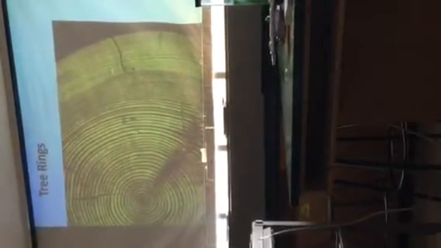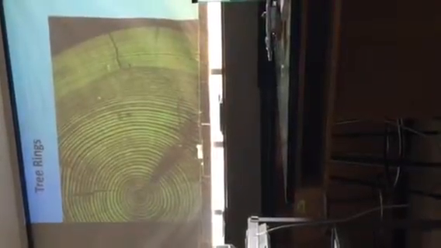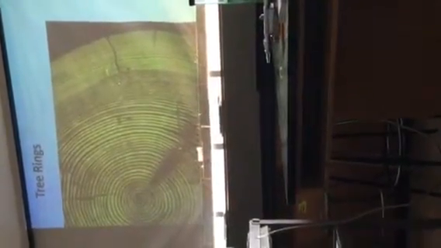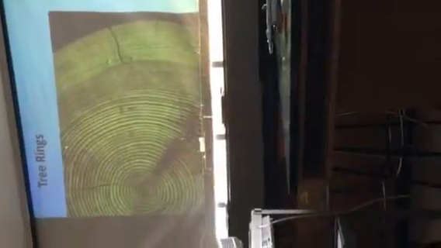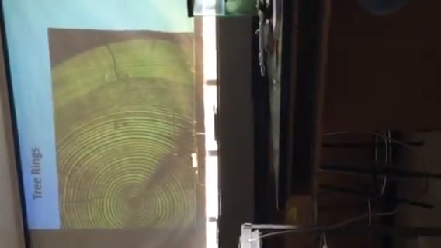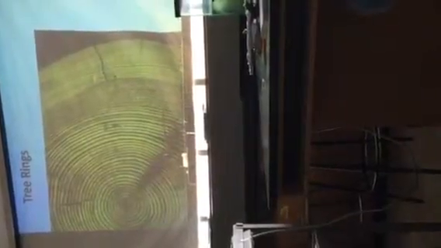So there's some cool stuff we can find out from tree rings that's a little more specific. One, instead of looking at like the last 10,000 years, we're only looking at the last 600 years. And there's good things and bad things about that. A good thing is we can be really specific. I know exactly what year this was. But the bad thing is I can't go as far back in time because this tree only lived 600 years, and so I can't go any further back than that. Does that make sense?